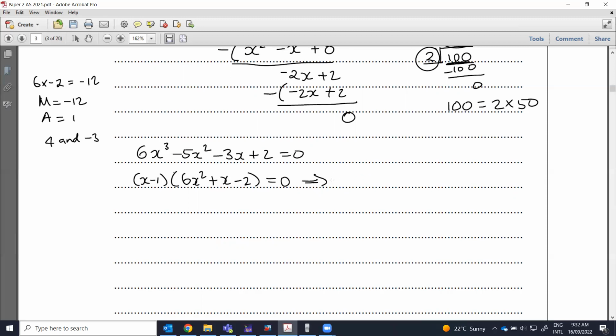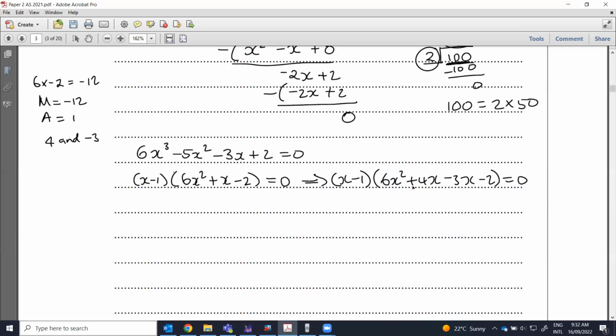So from here, I have the x minus 1 bracket. We leave it unchanged for now. Then we have 6x squared, and then the x, we write it as 4x minus 3x minus 2. This is still equal to 0. And then we factorize,